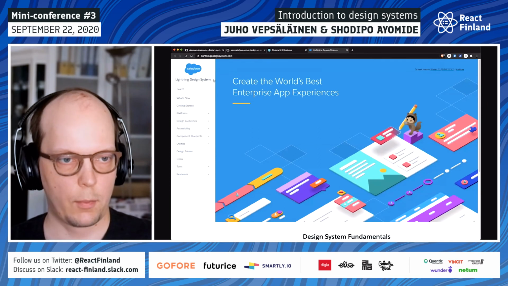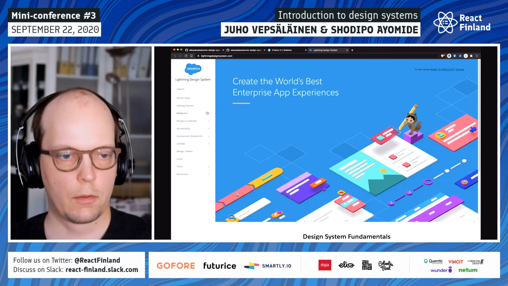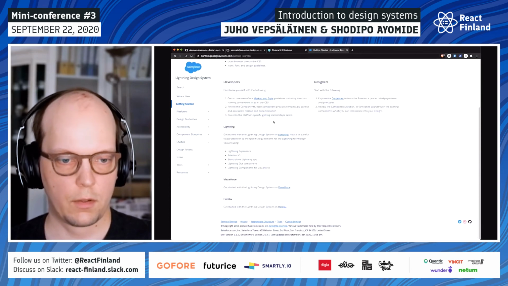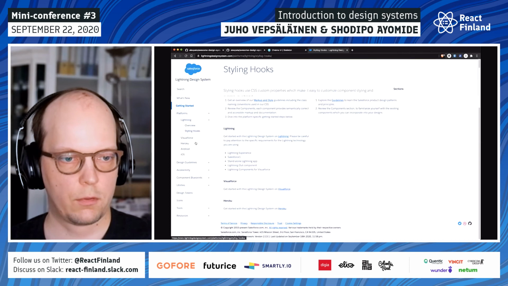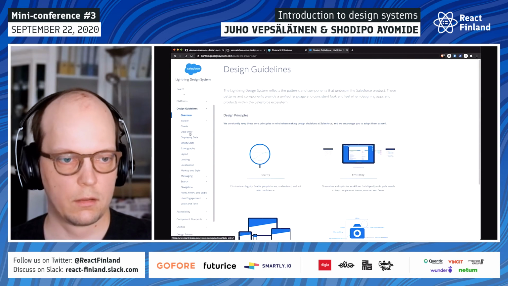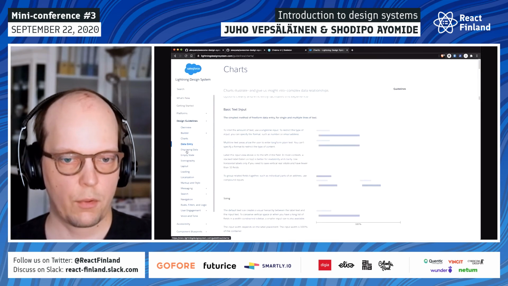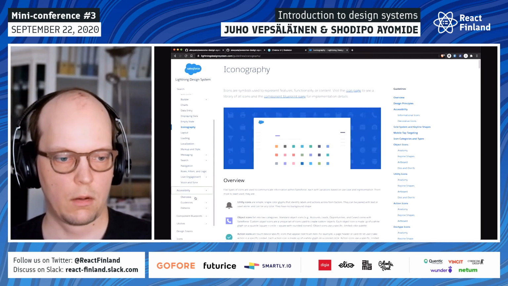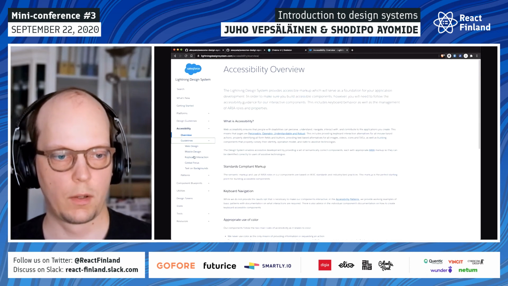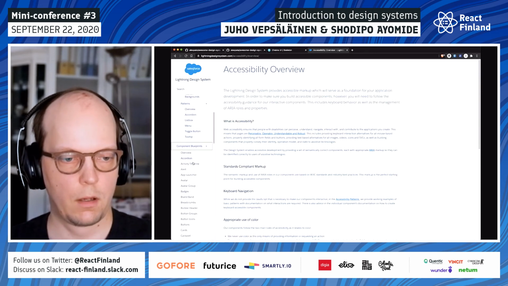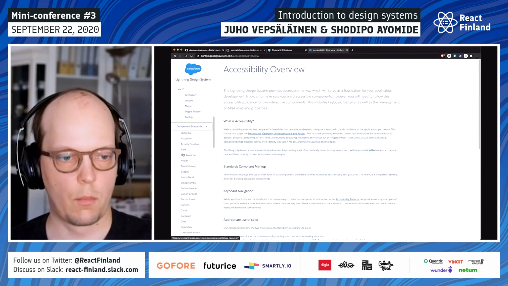Now let's have a look at a couple of systems to see how they're similar and how they're different, because that's how you learn. So it's the Salesforce system. They describe well how to get started with the system, what you need to do, and what platforms they support. Then, an interesting thing, design guidelines. How do I do this? How do I do that? How do I do specific things with the system? For accessibility, we have overview, guidelines, patterns. You see that a design system is capturing a lot of information. And then at some point we get back to the component.